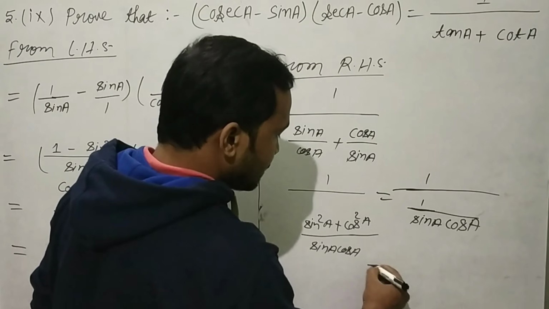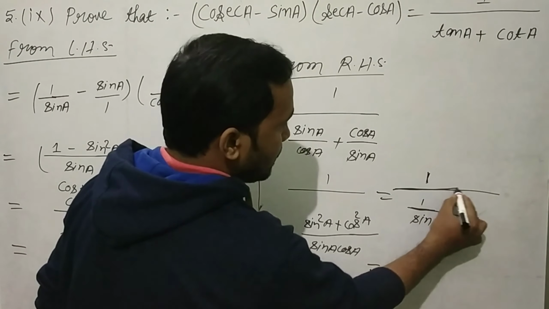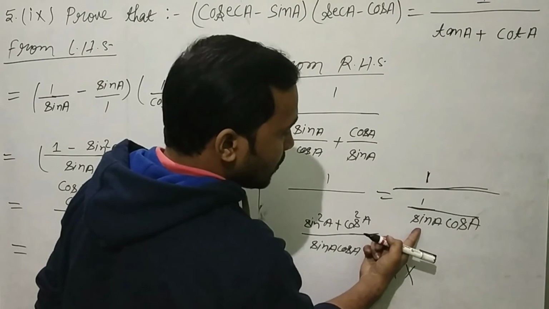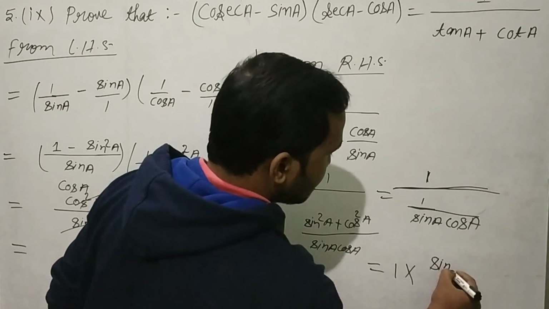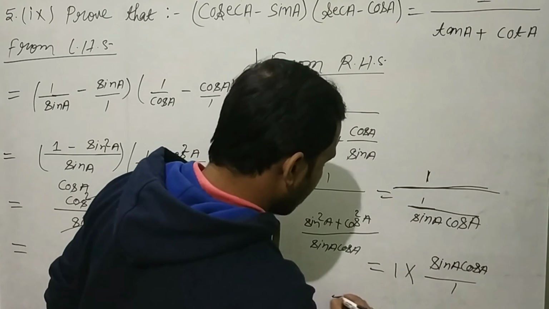Here is the division part, so write multiplication, and the denominator will become the numerator. Sin A into cos A by 1 is equal to